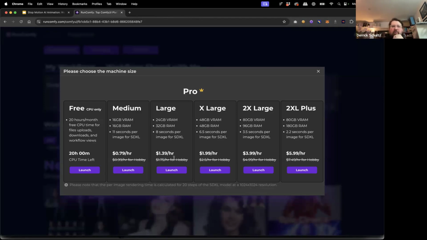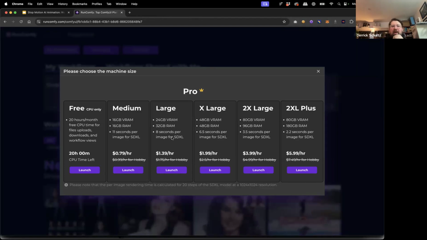They do have a subscription as well, where basically the costs are offset. There's some other nicer things, like it'll save more of your files for you. I think for this particular week, you don't really need to worry about that. But if you did want to subscribe, I think it's like $30 a month. Like all things are priced at $30 a month for AI tools. I don't know why it's that price point, but you get a discount on your hours as well as some